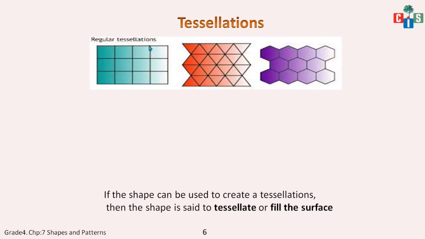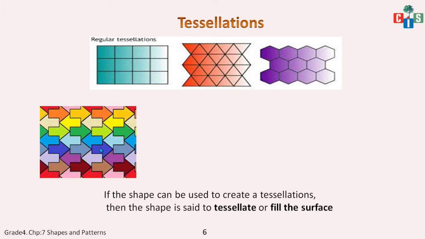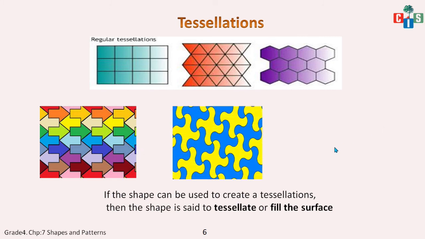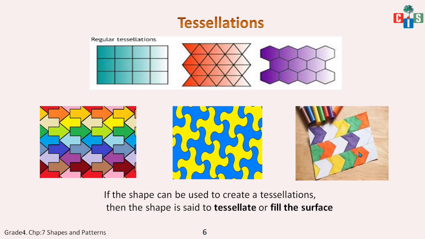See, now here this is a rectangle. So rectangle is a tessellate and the pattern is tessellation. The triangle is a tessellate or fills the surface, and here 1 2 3 4 5 6, hexagon, 6 sides, so hexagon is there. So this hexagon is also a tessellate or fills the surface shape. Now more examples, the arrow. See, they are fitting properly, and this shape is also an example of tessellation. And this is what I have made for you. This is also tessellation. You can have your own pattern of tessellation.